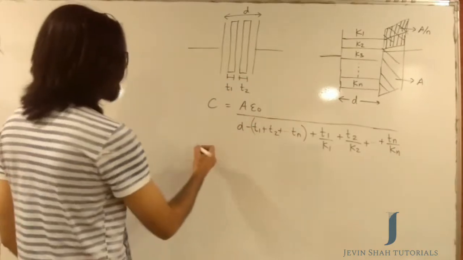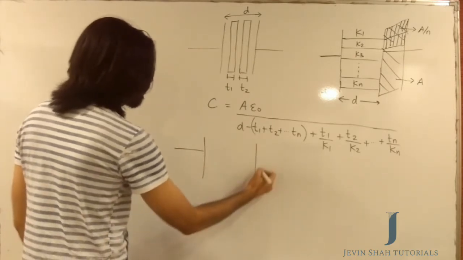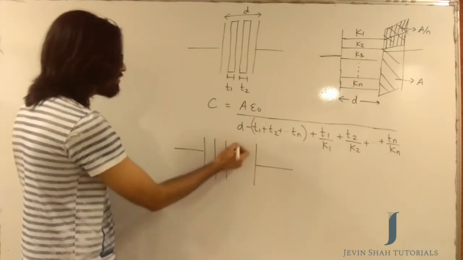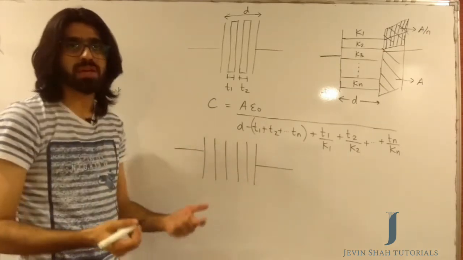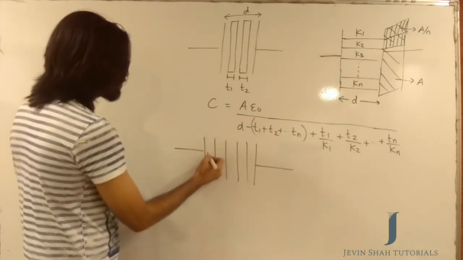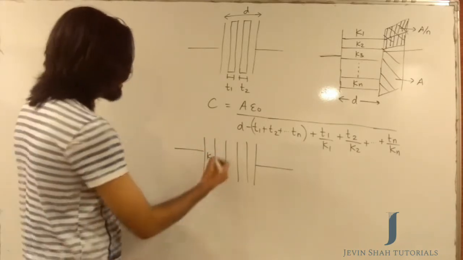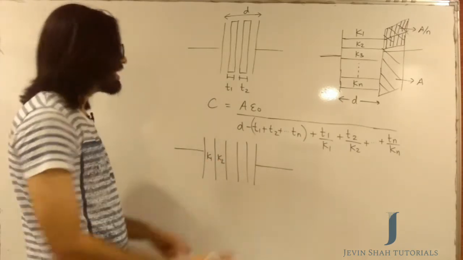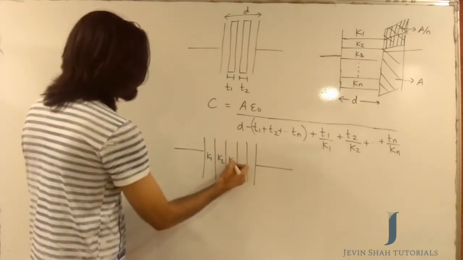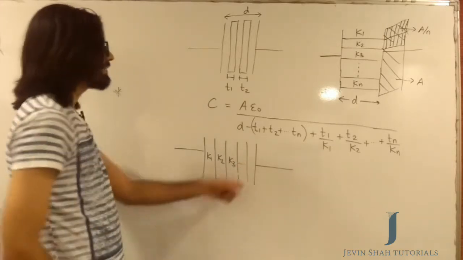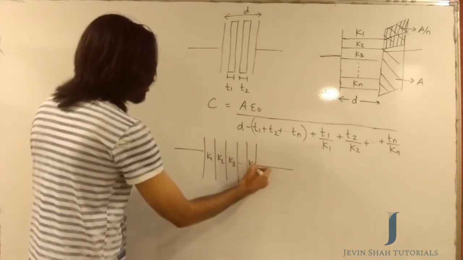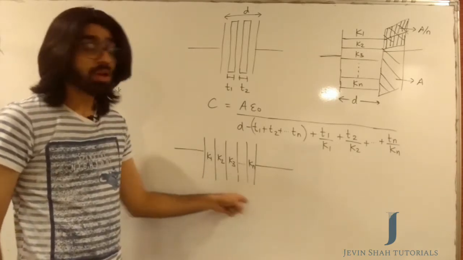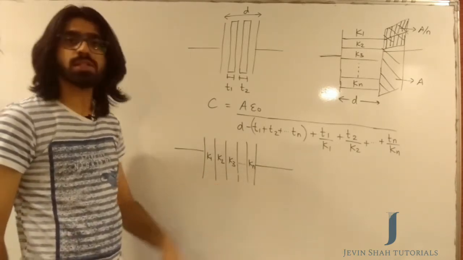Okay, so let's give you a capacitor now. And in that capacitor, I am putting in n number of plates or n number of dielectrics. The thickness of all of them is equal. So let's say that's your first dielectric of dielectric constant K1. That's your second dielectric of K value K2. This one has the K value K3, that keeps on continuing, and this is the nth dielectric you have, of dielectric constant equal to Kn. Okay, I need the capacitance of this capacitor. So apply the formula and tell me the capacitance for this capacitor.